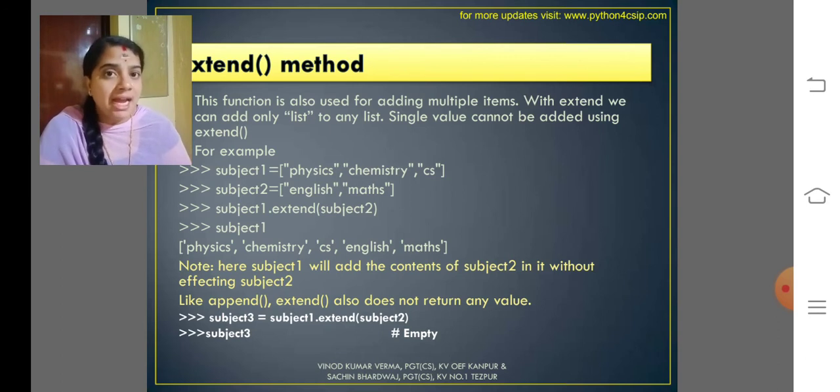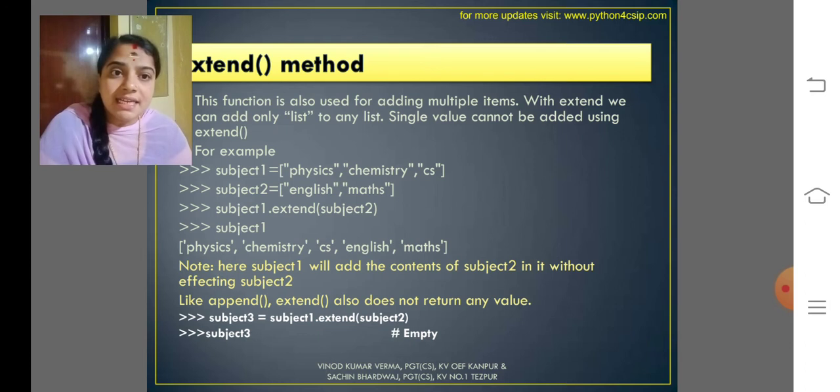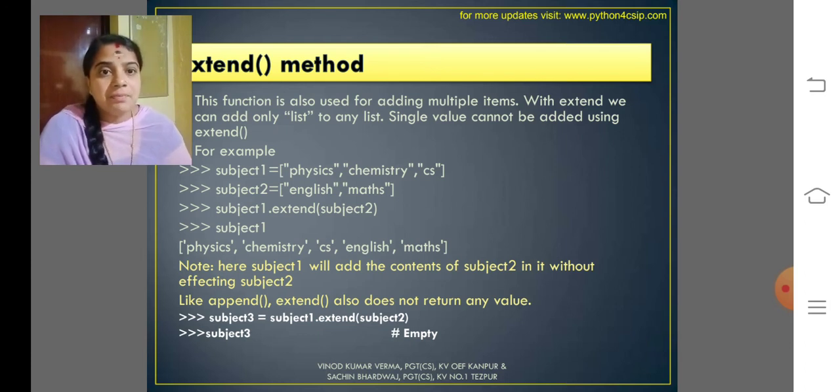If I extend subject 1 with subject 2, it will produce physics, chemistry, CS, English and maths. Here subject 1 gets the content of subject 2 without affecting subject 2. Like append, extend also doesn't return any value.